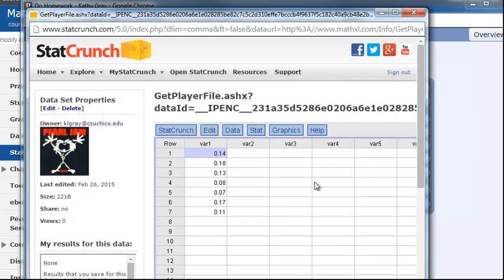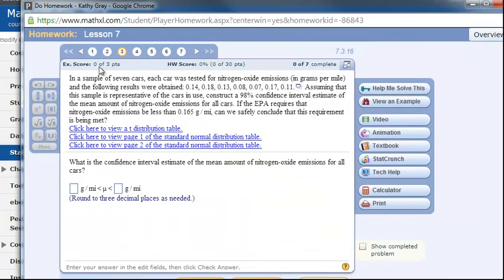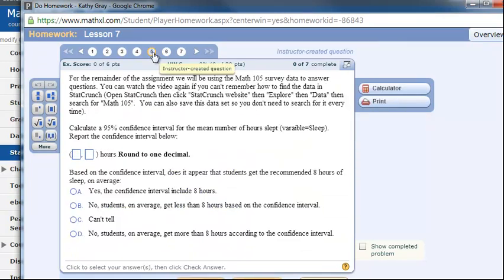So you'll have a few questions like that on the homework. In fact, this is the homework. And if you go to a different problem, it says we're going to be using the Math 105 survey data to answer questions 5, 6, and 7. So for 5, 6, and 7, all I'm having you do is calculate confidence intervals, but I'm using the Math 105